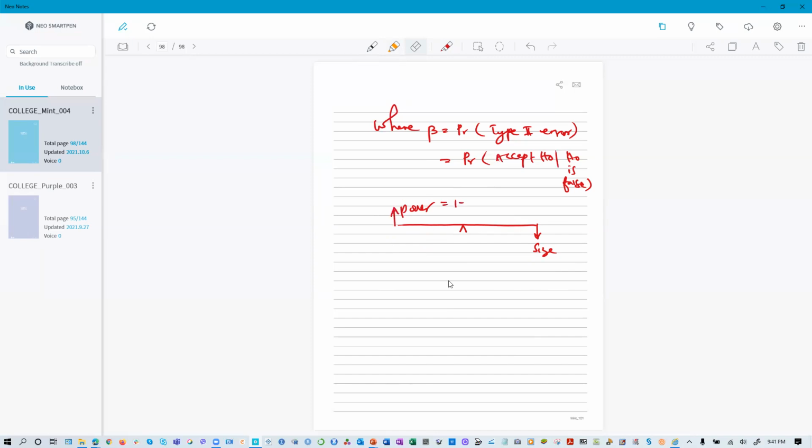This is 1 minus beta. We won't go into detail on this one, but for alpha at least we have a point. Now you might be thinking we can make it smaller. See, if you make this one small, the power keeps getting larger and larger, which is no good. And if you increase this one, the power gets lower and lower, also no good. So you have to have a check and balance, like in that